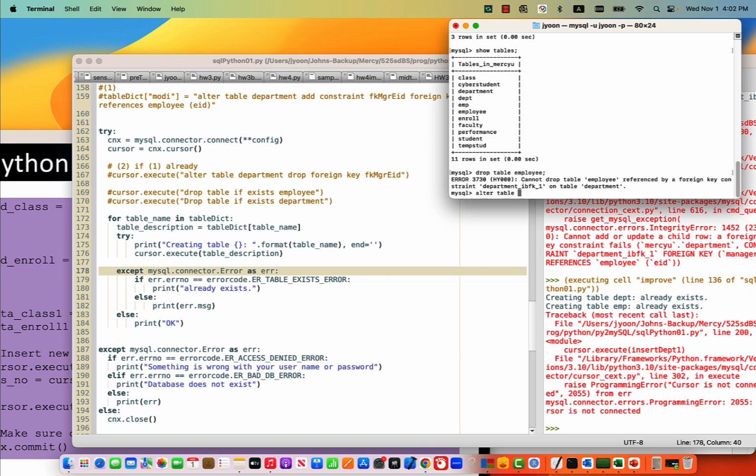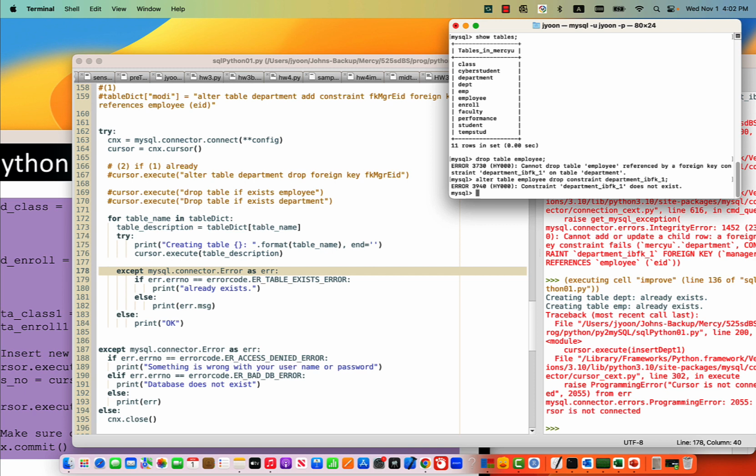So alter table employees drop constraint department ID FK underscore 1. I think that does not exist. Then what is the problem? Department. Is it in department? If we do that in the department,